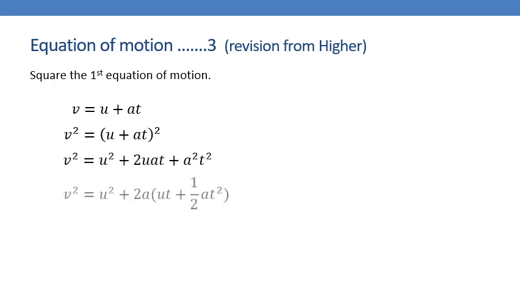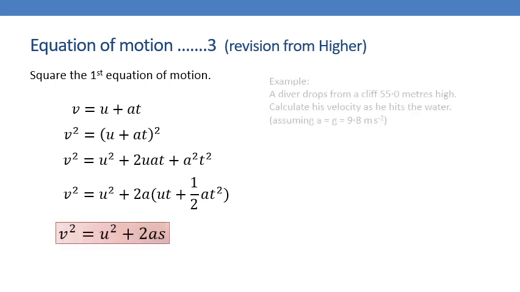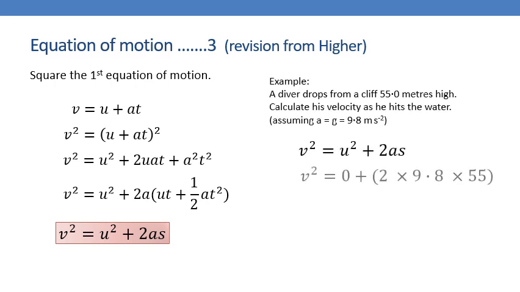So we'll go back through this again because this is one of the methods that you can use at Advanced Higher to show where this is coming from. And we can use that to work out our speed at the bottom, for example. There's an example on the right